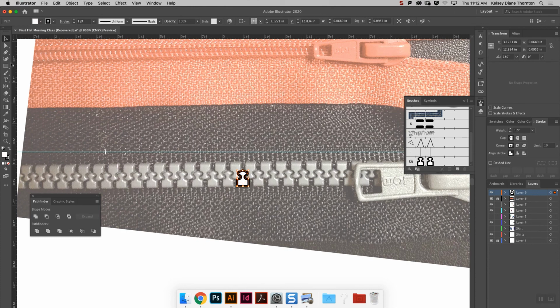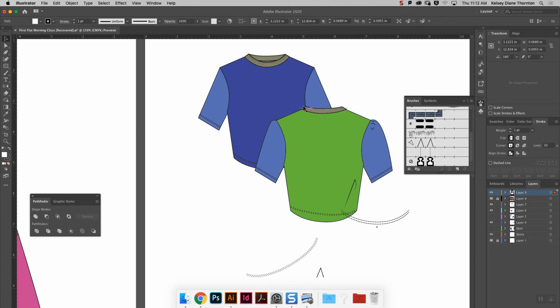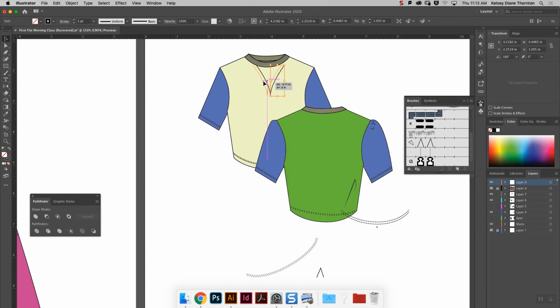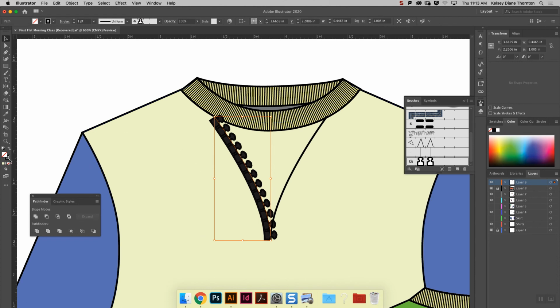And let's test out this brush. Let's actually test it out on a quick garment. So if we were to make this into a V-neck zipper, something like that, I can draw here, give that no stroke, and actually I'm going to make this lighter. Okay, so we have this section, we want it to be half of the zipper, and maybe we've reflected it, and we want this to be the other half of the zipper, and I'll get them lined up. So we are going to choose this and then choose our zipper brush, and right now you can see that the zipper brush is filled with black, but we just have to change the stroke color, and it fills with whatever color you want. So for this one, if we click on it, it is going to fill,